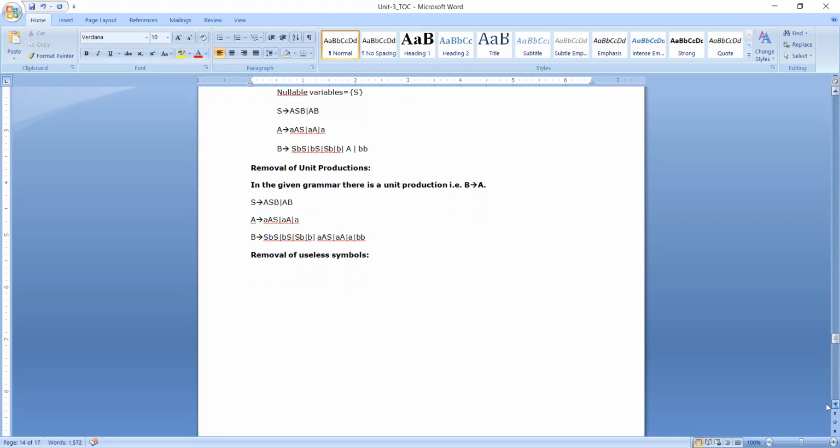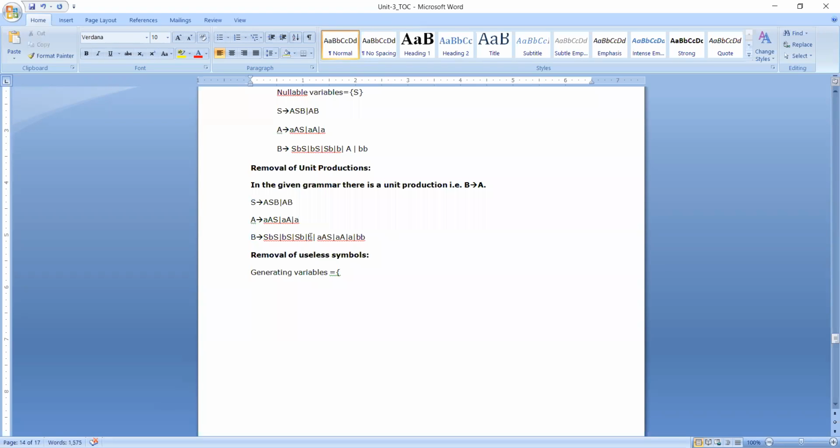First, we'll see which variables are generating. Generating variables are the variables which are deriving strings of terminals. Now let us see, we have three different variables available in our grammar: capital S, capital A, and capital